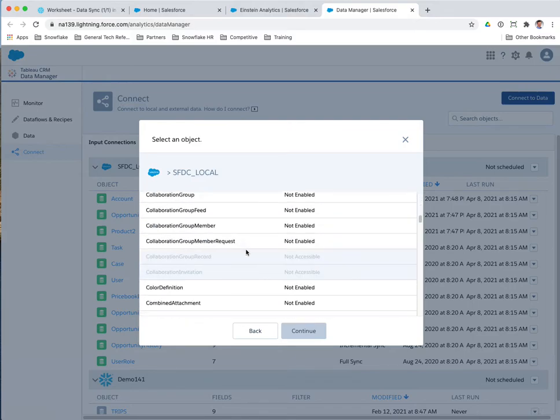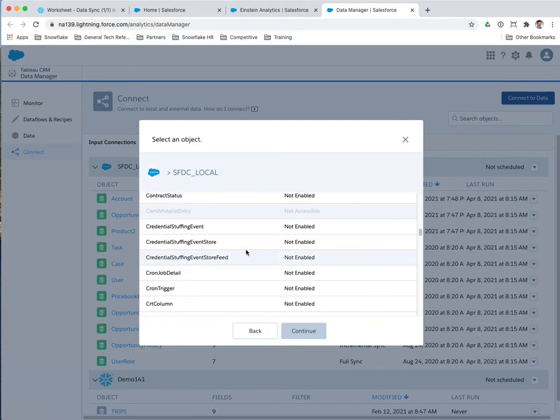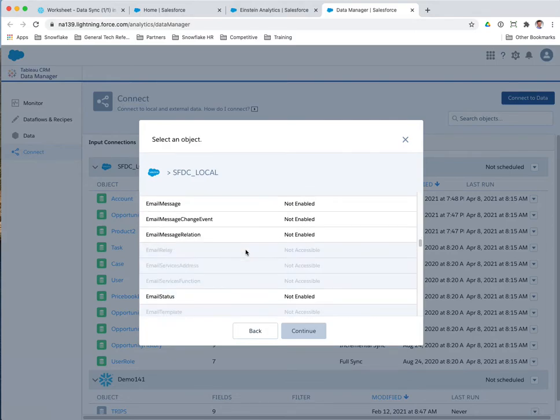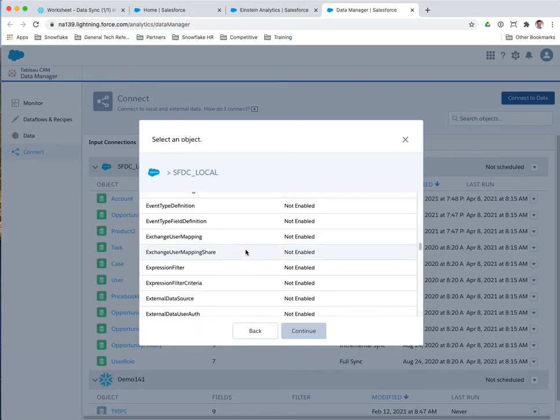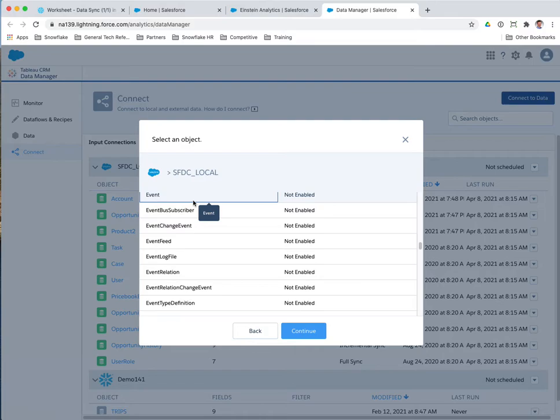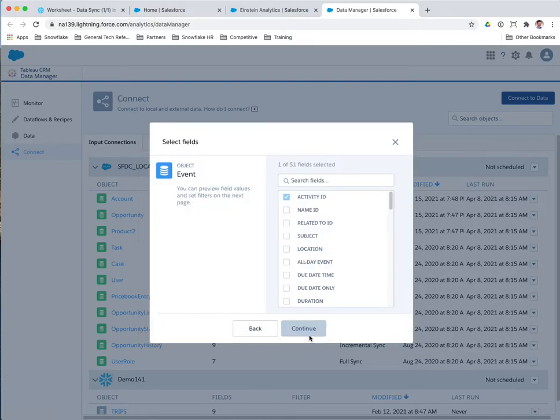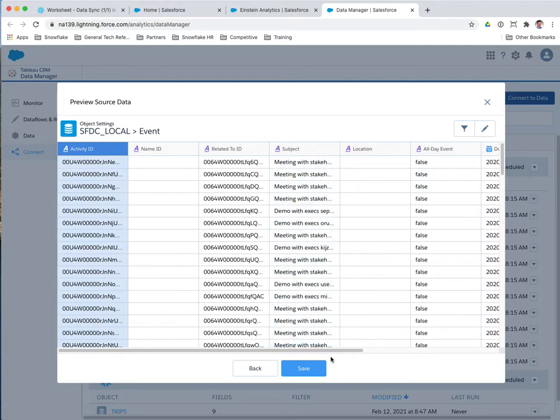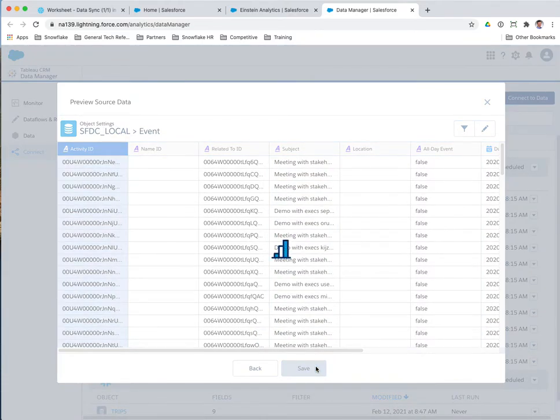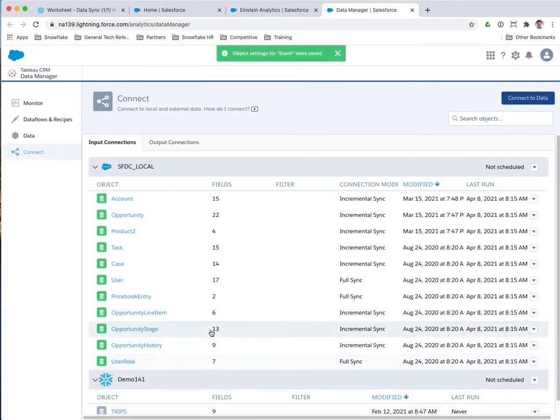So we'll go down and select the event object within our organization. And then once we have that, we can go select that. And then you can select the fields within the object that you want to synchronize. So we'll just select the number of fields here quickly. And then what you can do is it'll give you a preview. So now after you've saved that it'll give you the option of